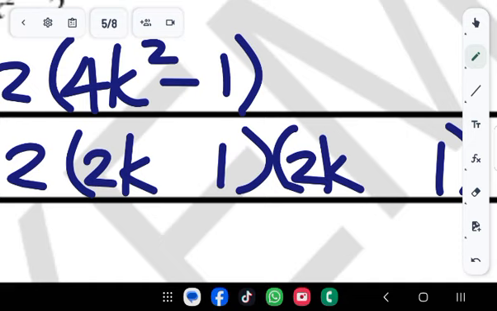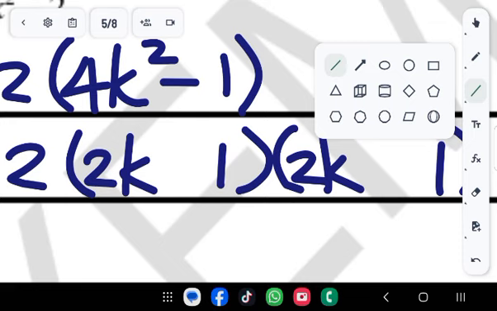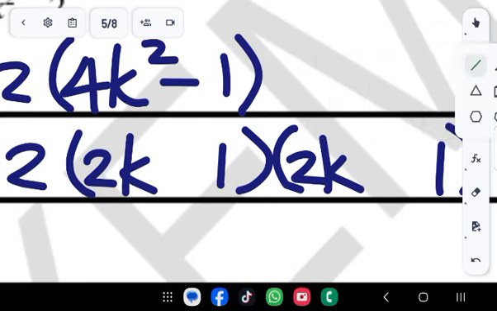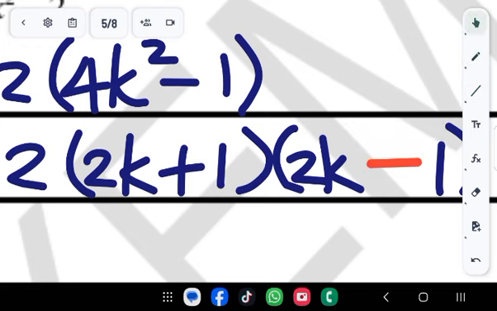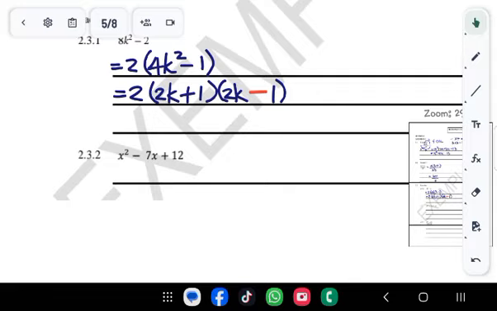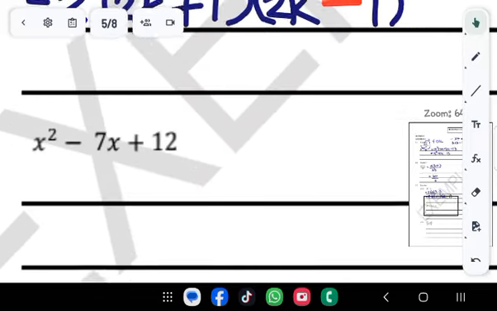Now here is where the kicker comes in. One must have a plus and the other one must have a minus. That's how you sort out the difference of 2 squares. So one will have a plus and the other one will have a minus. And that's how you factorize that. Next,